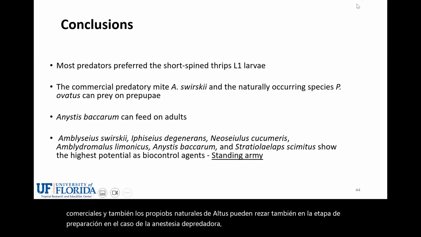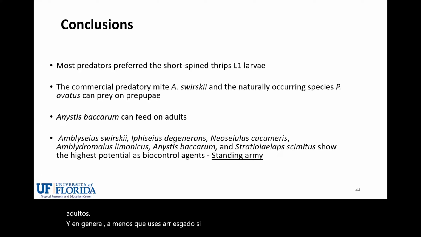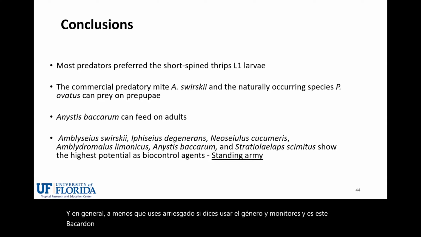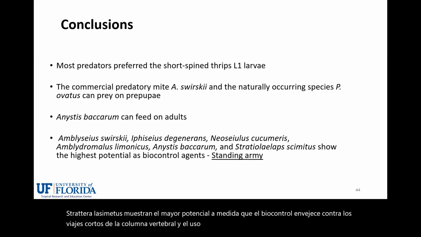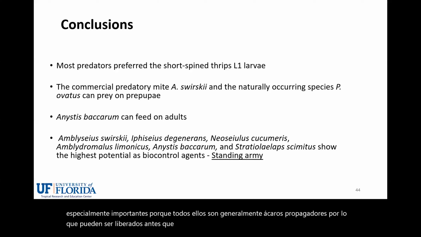And in general, Amblyseius swirskii, Iphiseius degenerans, Neoseiulus cucumeris, Amblydromalus limonicus, Anystis baccarum, and Stratiolaelaps scimitus show highest potential as biocontrol agents against the short spine thrips. And the use of these predators is especially important because all of them are generally predatory mites, so they can be released before the pests arrive, and we can create a standing army to be ready to control the pest